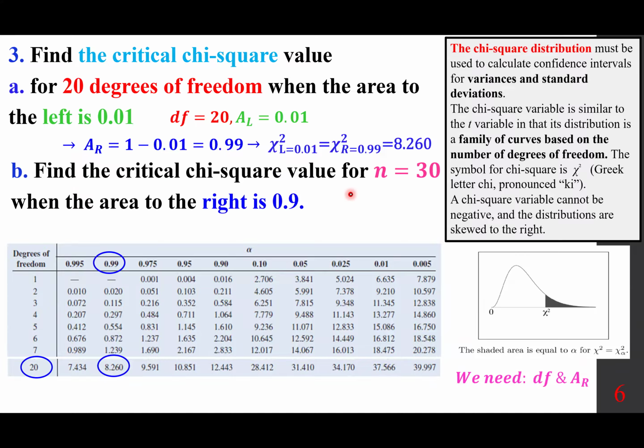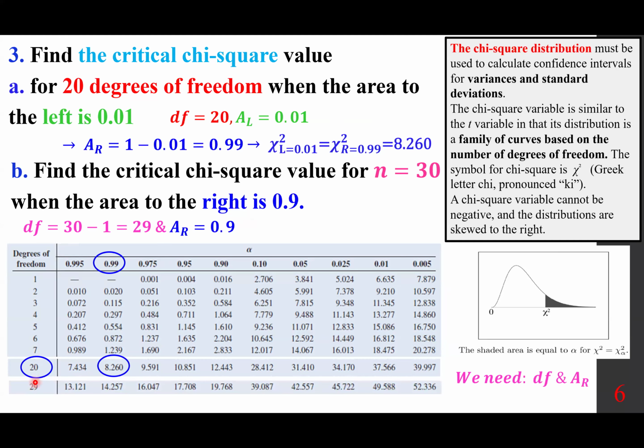What about the critical chi-square value for 29 degrees of freedom, and the area to the right is 0.9? So we need two things. We need degrees of freedom, so n minus 1 or 29. We need the area to the right, it's given. So degrees of freedom is 29, area to the right is given. So we locate number 29 along the first column, we get here. And then over here, the top row, we look for 0.9, it is here. And the intersection of these two